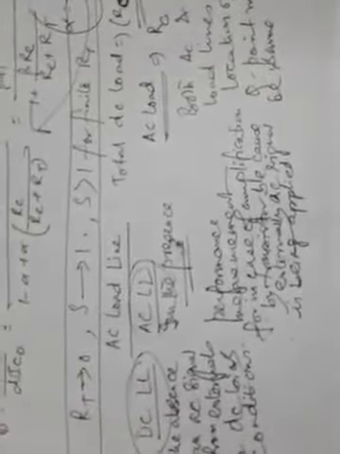Now we will see that this Q point is common to both AC and DC load lines. So this is an important point, because for both the cases, by any means we need to fix the location of the Q point, and there should not be any variation about that. So for both AC and DC load lines, the location of the Q point must be the same.